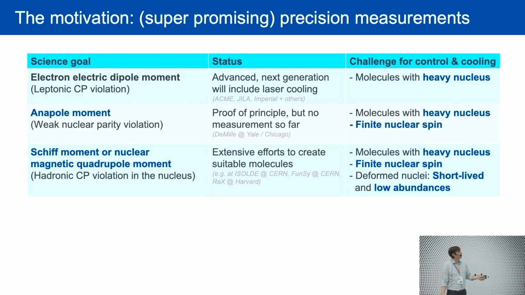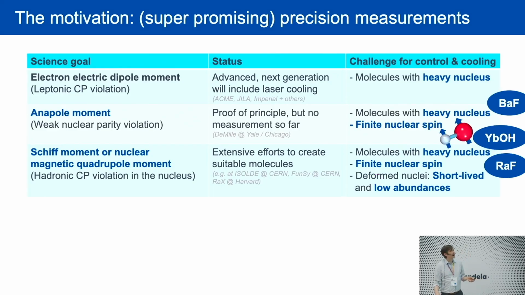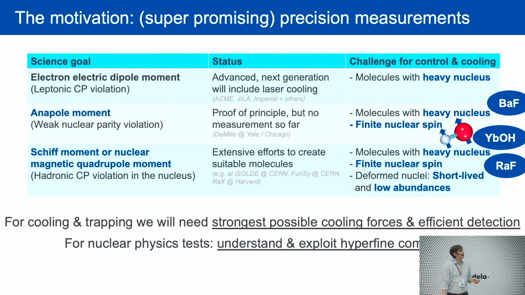And they are looking for basically CP violation somewhere inside the nucleus, so an EDM of the nucleus. And here, even in addition to also needing this finite nuclear spin, these molecules are going to be short-lived and come in low abundances. So if you want to do any of these experiments, and people do this with exactly the species that I've been mentioning so far, and it really requires this second nuclear spin, you will have to